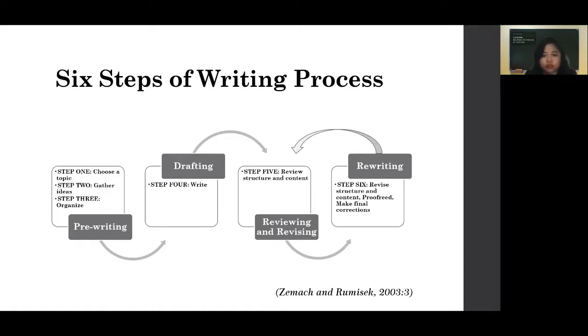Review structure and content in the reviewing and revising steps. In this step 5, you need to read your draft.